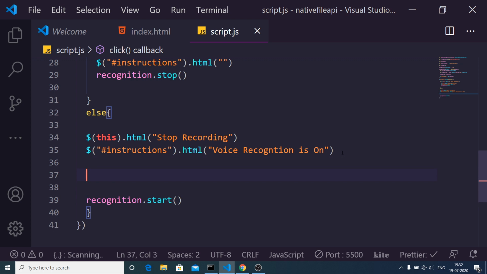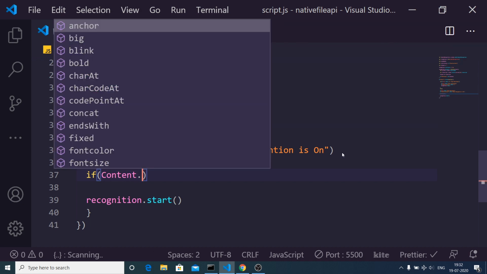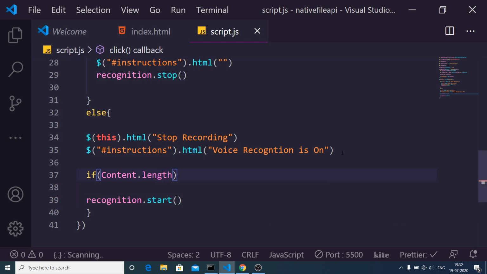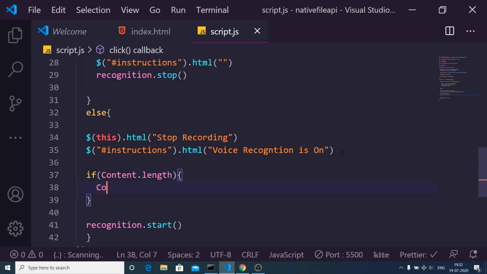And after this step, we also need to do one more thing, which is inside this if condition we need to check if the previous data is there inside this content variable. So if content.length, basically if the content has some data, then it will return true. In that case we need to append, like this, plus equal to nothing. We need to append something to it if some data is already present. So we are using this plus equal to, that's it. So this line will do that.